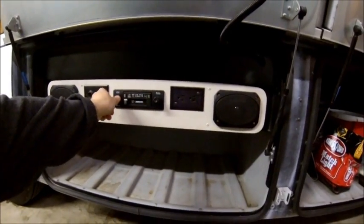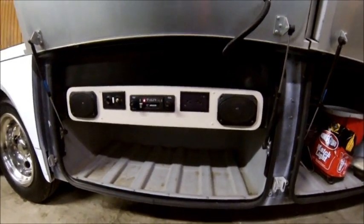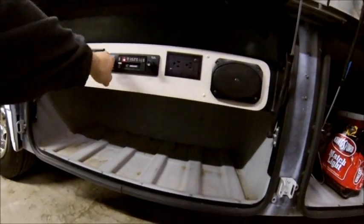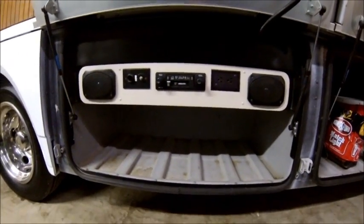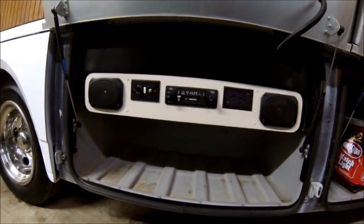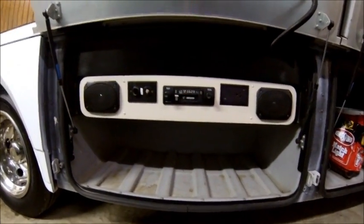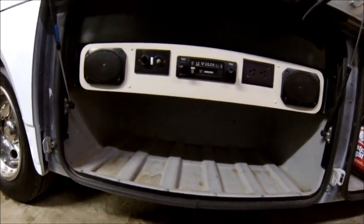So I'm thinking, I've got a new stereo with the remote, the one that actually came out of this motorhome when I installed the new smart radio. I set the other one aside, so I'm going to install that here. Might go ahead and update the 2 speakers. I'm going to keep my power outlet and my 12-volt outlet just because it's nice to have, but while I've got all this out, I'll probably put some of my floor tiles like I did on the countertops just to dress this up some. And then down here underneath, I've got a good little amount of storage, and these bins